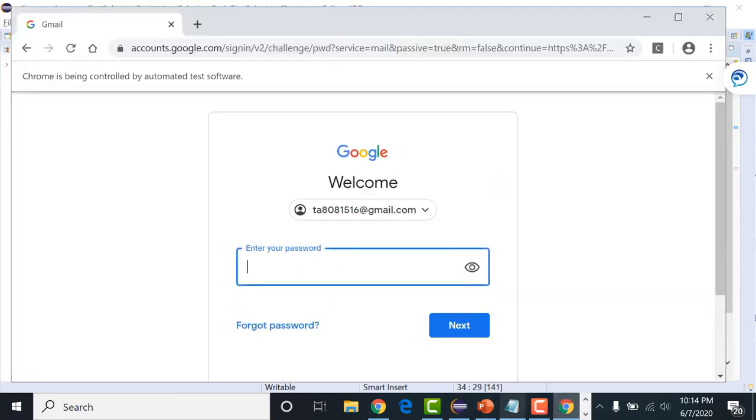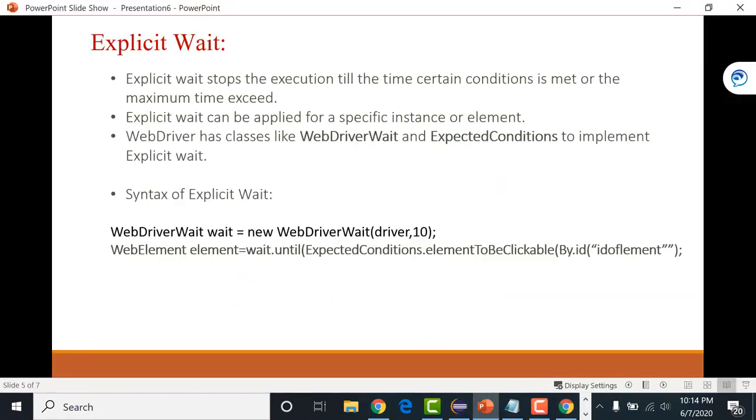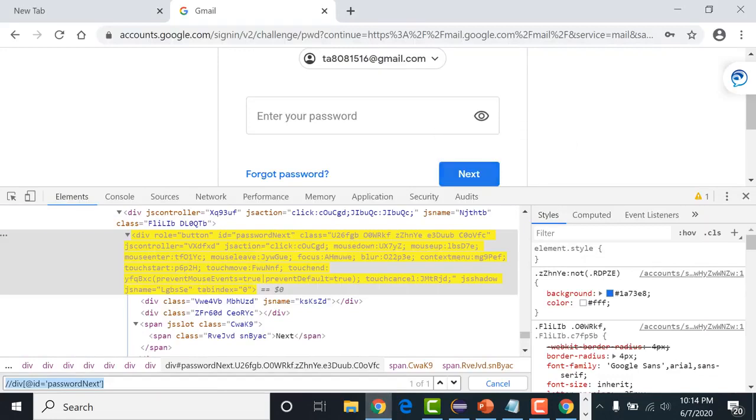And what does explicit wait give us? Explicit wait provides multiple methods. So suppose on the loading of the particular web application, some elements are taking time. Suppose this next button is taking time to load. Your entire application is loaded, but the button is not yet ready because maybe it is not enabled or it is not clickable. So that kind of methods we have available in explicit wait.